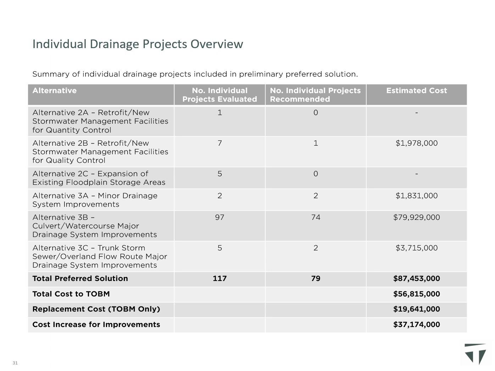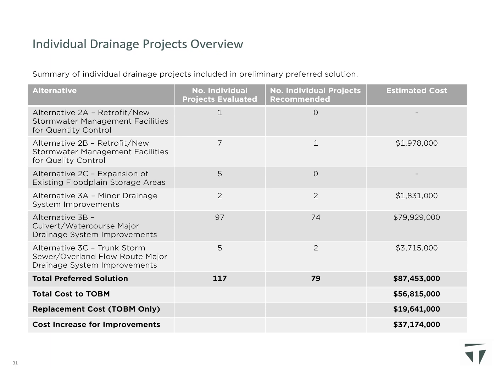The total cost of all the recommended individual drainage projects is estimated to be $87,453,000. However, some of the recommended drainage improvements fall under the responsibilities of the municipality of Meaford, Grey County, and the MTO. The estimated cost to implement the recommended drainage projects, which are the responsibility of the town of the Blue Mountains, is $56,815,000. Of this cost, we estimate $19,641,000 would be required to replace existing infrastructure at its current sizes, meaning the actual cost to the town to implement the recommended improvements is estimated to be